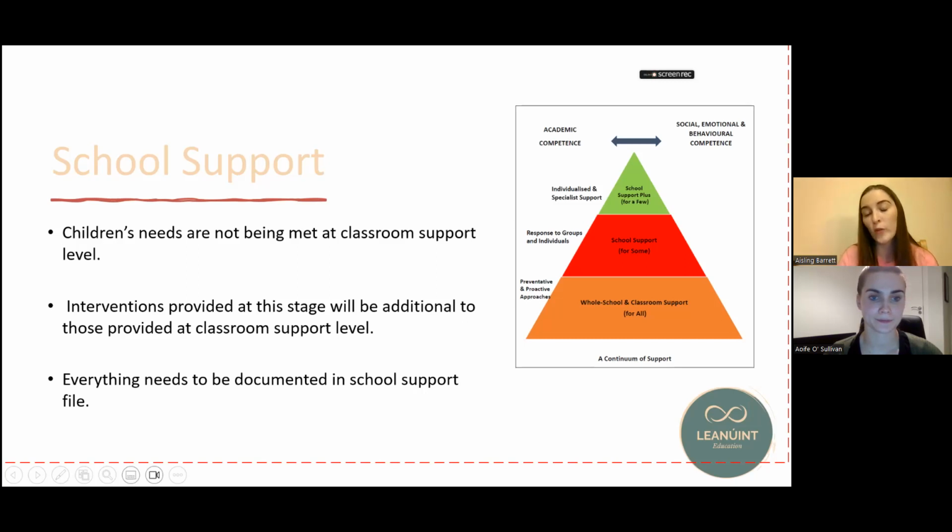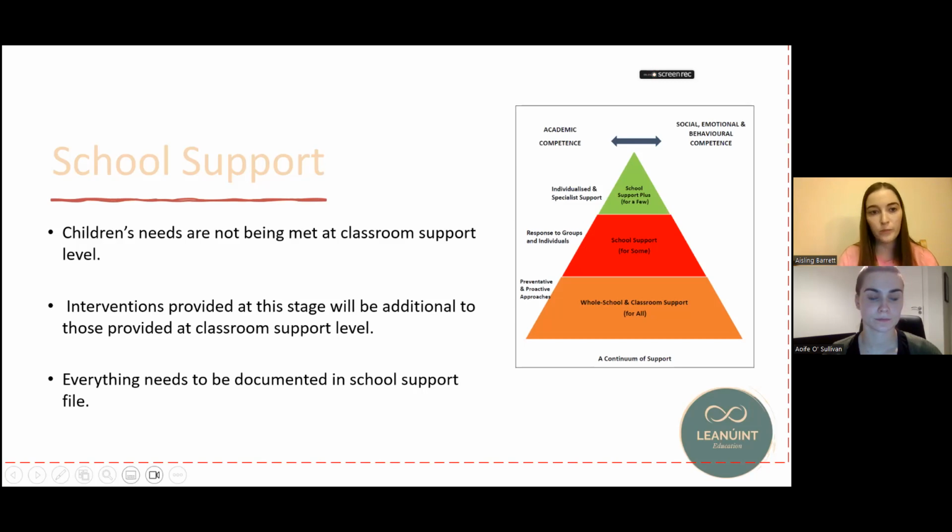So the interventions you're providing are additional to those that are being provided at classroom support level. So the class teacher is still providing those differentiation techniques. They are not being removed from the child just because they're at school support. Again, everything is documented within the school support file, and it is the SET teacher that is leading this stage